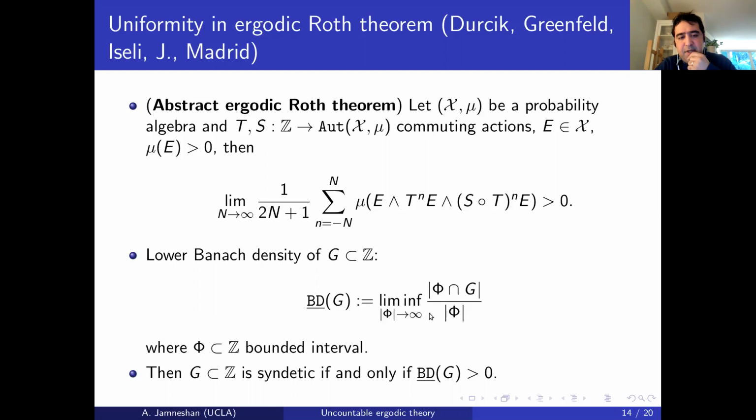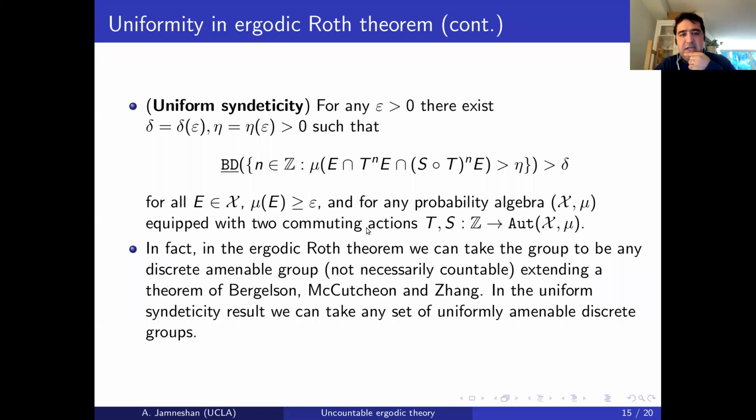Now one can show that a set is synthetic inside the integers if and only if this lower Banach density is positive. So this encoding of syntheticity will be important because we can then